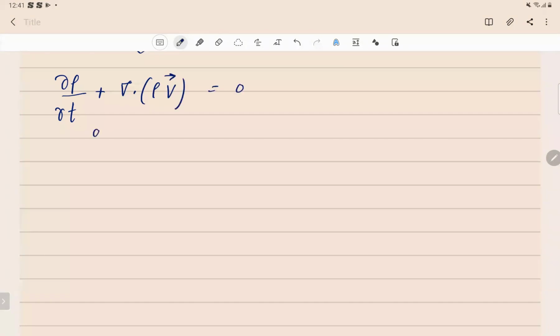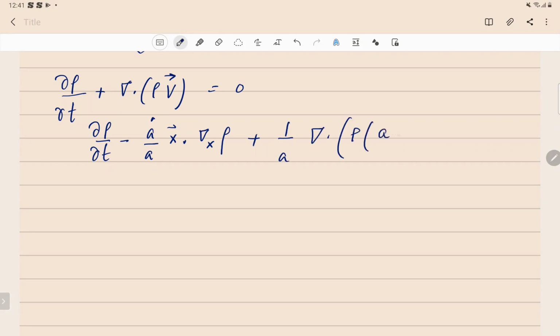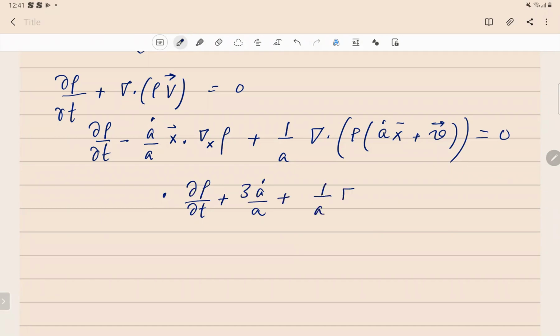So you write this as ∂ρ/∂t. So you change the minus (ȧ/a) x·∇ₓρ plus 1/a divergence of ρ, and then you have to write this V as ȧx plus the peculiar velocity, which is small v, equals 0. Now, if you simplify this, what you would get is the following. You would get ∂ρ/∂t plus 3(ȧ/a)ρ plus 1/a divergence of ρv. Now this is the peculiar velocity